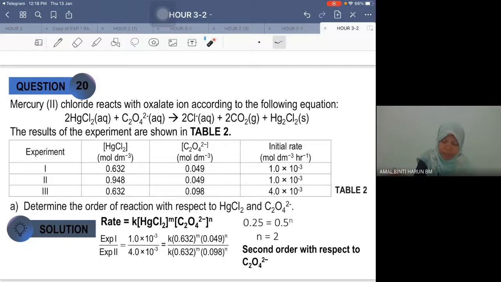20 dia bagi 3 eksperimen untuk ni, mercury chloride dan juga oxalate ion. Lepas tu determine the order of reaction respect to the mercury chloride dan oxalate. So tulis rate law, repeat proses yang sama. Ini dia pakai eksperimen 2 by eksperimen 1. Sebab apa? Eksperimen 2 dengan 1. Sebab ini sama. So kita boleh dapat order bagi